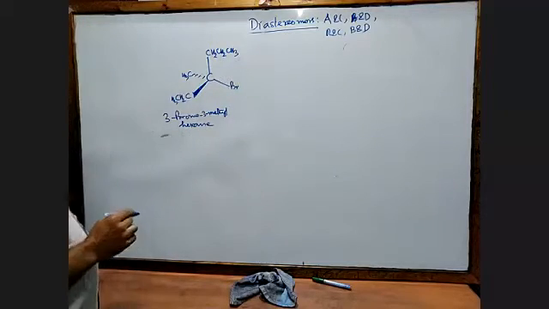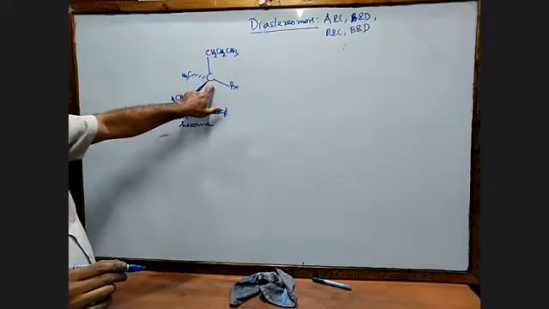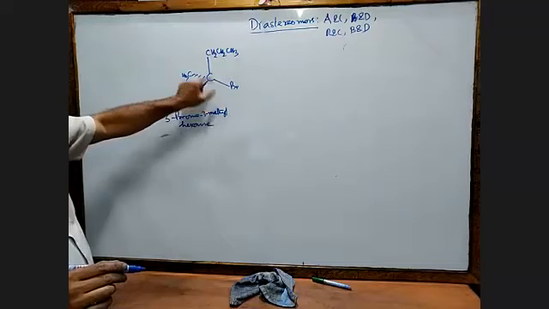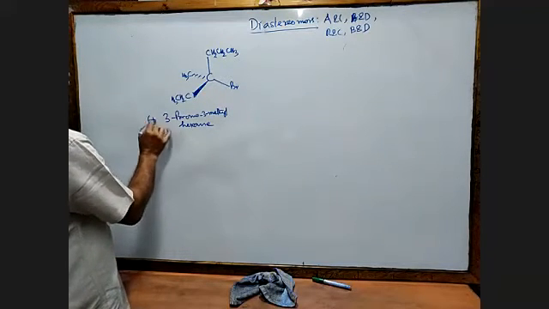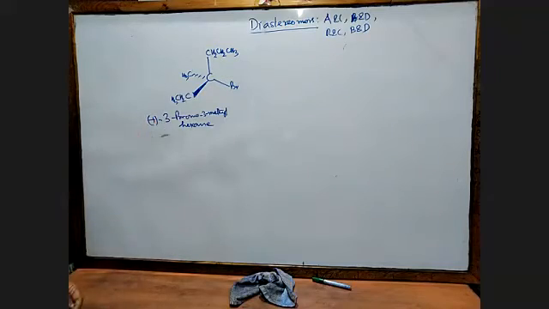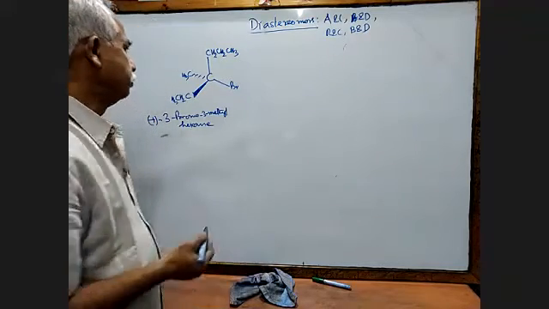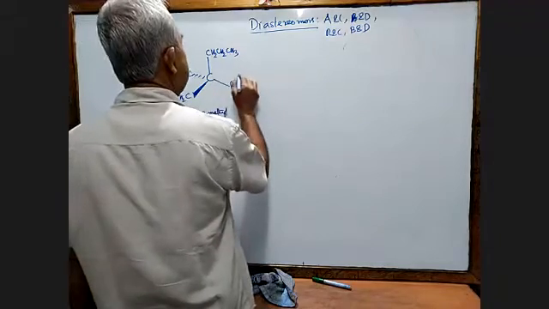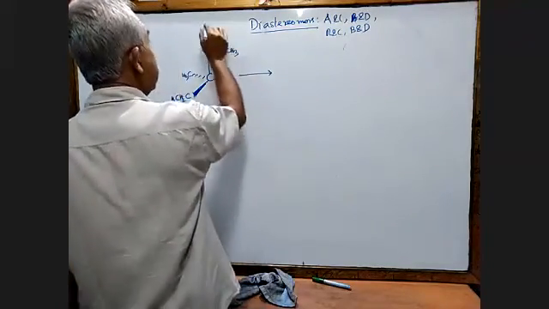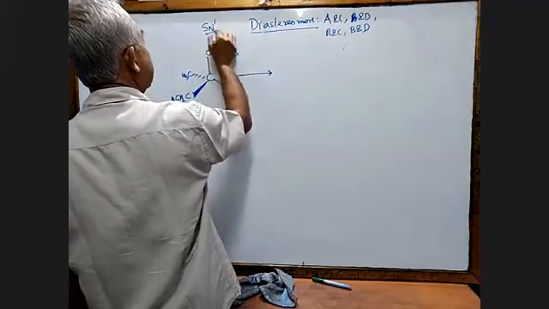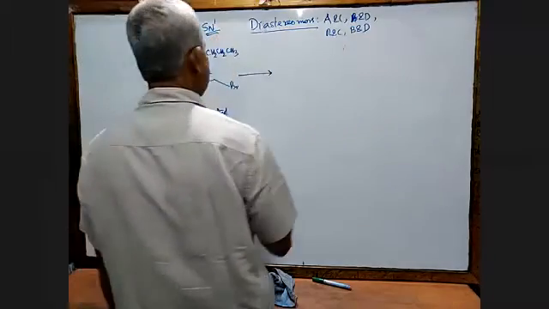Hexane. This carbon is asymmetric, so this compound will be optically active. Assume that it rotates the light towards the right. It could also be left, no problem. Now, here I am going for SN1, so I will not write this reaction now, I will write it finally. So what is going to happen?